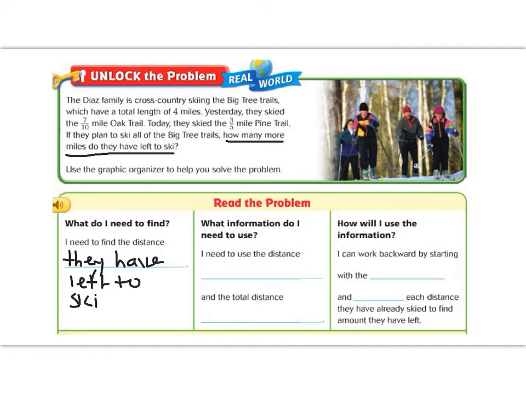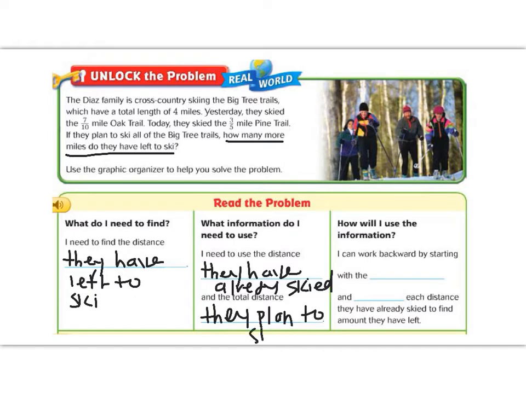So we need to use the distance they have already skied and the total distance they plan